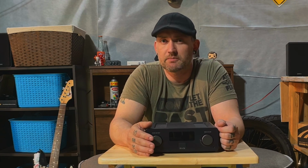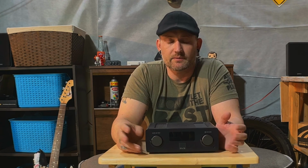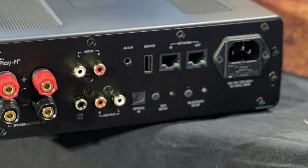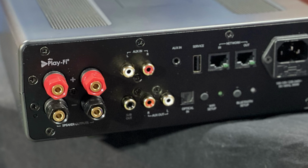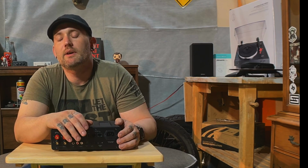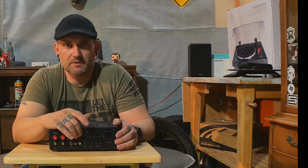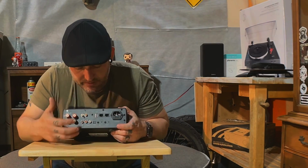It has a built-in streamer and DAC. It is 150 watts into 2 speakers, so 300 watts at 4 ohm. If you look around the back, you have one RCA in, one 3.5 in. Those both run auxiliary, and if I'm not mistaken, it takes preference of the 3.5 over the RCA. So if you want to be able to switch back and forth, you need to shut off whatever's powering the 3.5. It has a toslink optical in down here,